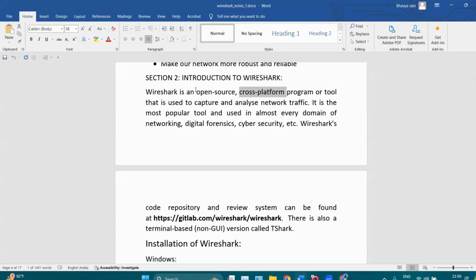Wireshark is mainly a tool used for capturing packets and analyzing network traffic. It is most popular across multiple domains. For example, we can use Wireshark in networking for troubleshooting the network. We can use Wireshark in forensics for